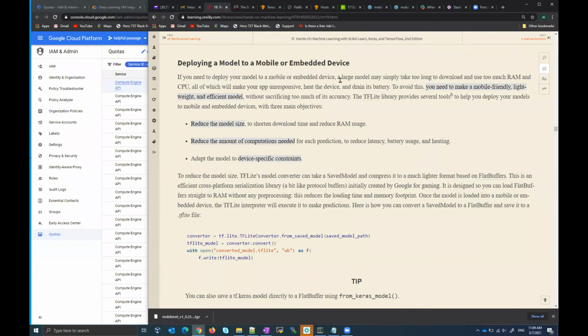Let's have our read session start with deploying a model to a mobile and going up to training models across multiple devices, but not including that, just before that. So that will be about 8 pages or so, 16 pages. That's a bit of reading, right? Yeah. So starting with the mobile devices section and going up to, let's see,